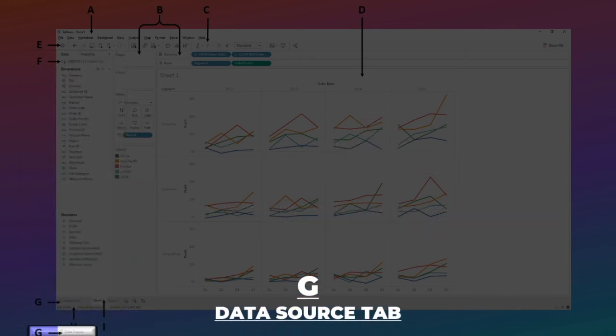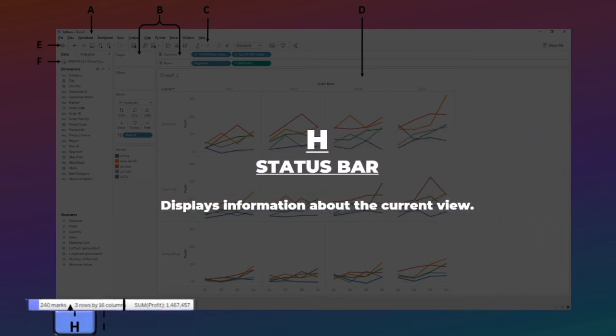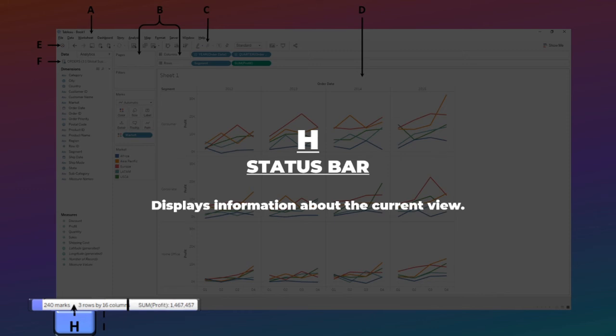Below at the left portion of the screen, we have data source tab. This tab would be beneficial to go back to the data source page and for viewing data. Below data source tab, we have status bar, which would display information about current view. That is, it would help us to know the marks, rows and columns used in data.